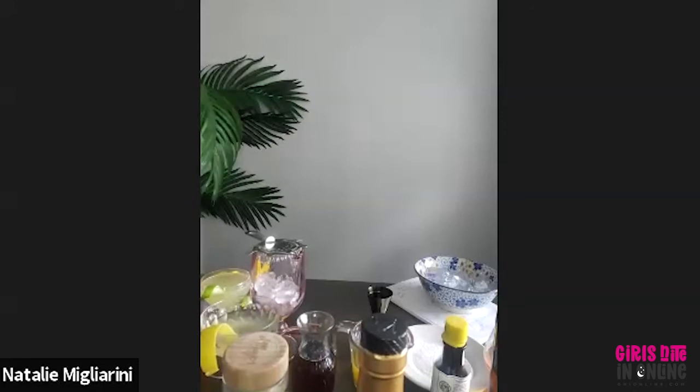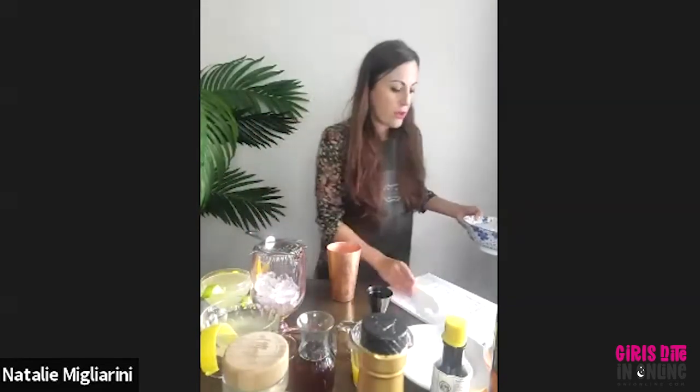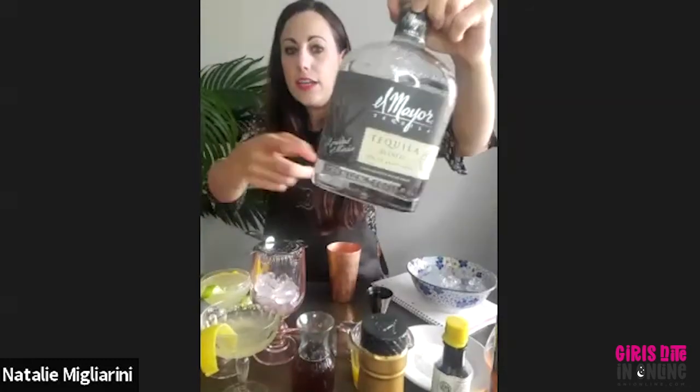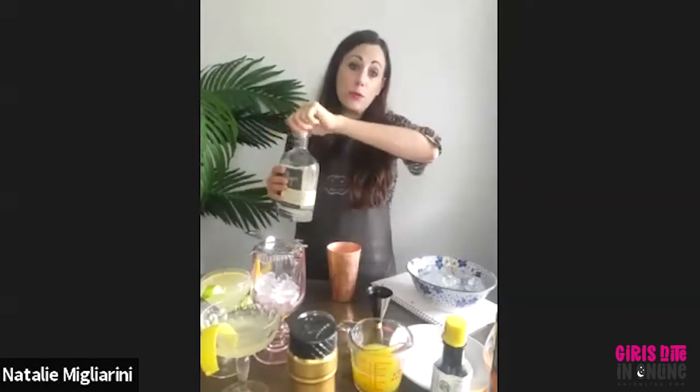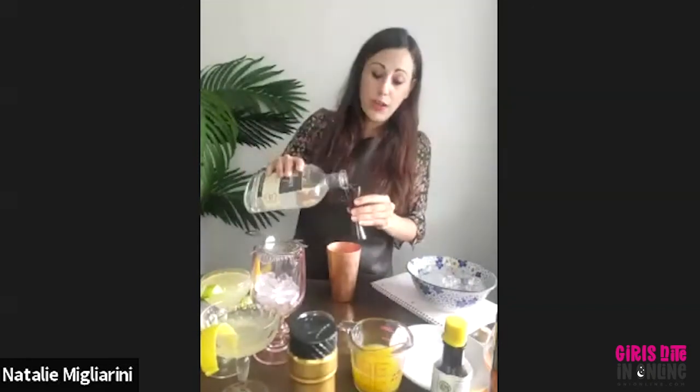I'm just going to dump this ice quickly. Okay, so you can see this. What we're going to do here is, this is going to be a great go-to margarita recipe for you. Let me go ahead and put this over. So we're going to do 2 ounces of tequila. I'm using a Blanco tequila, which is a white tequila. You could also use Reposado, which is aged a bit more. It would be really great in a margarita as well. We're going to do 2 ounces